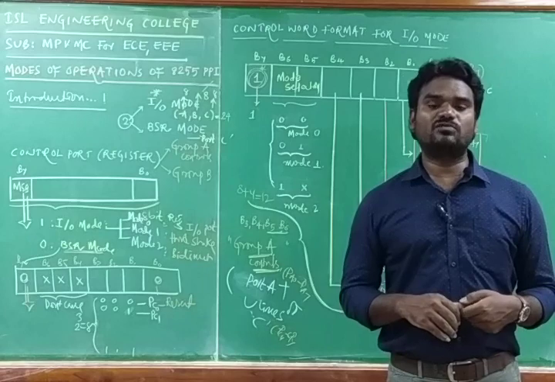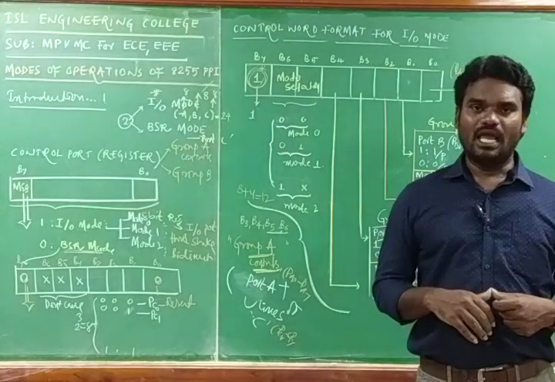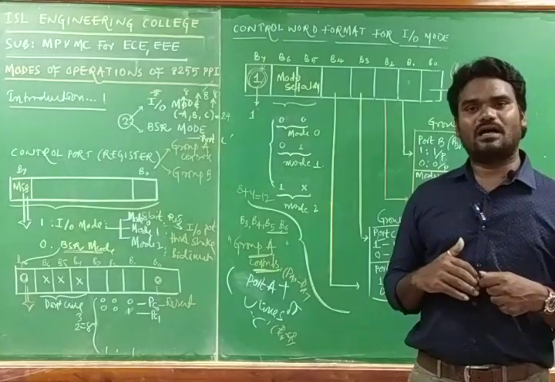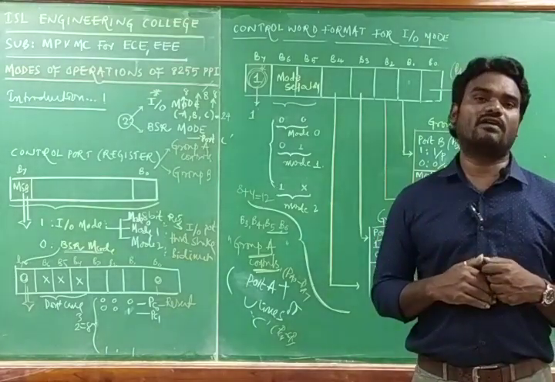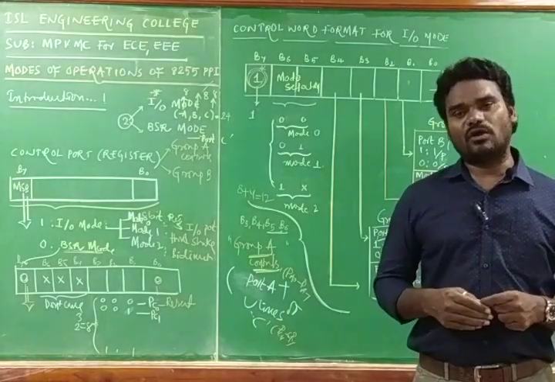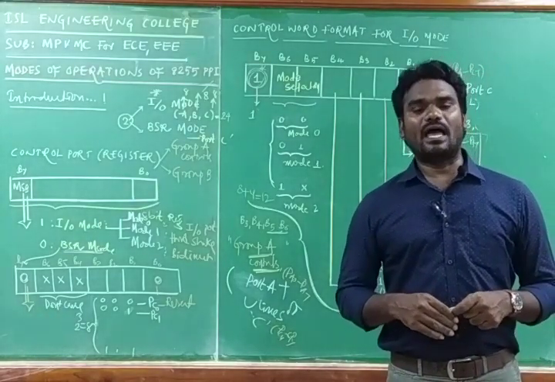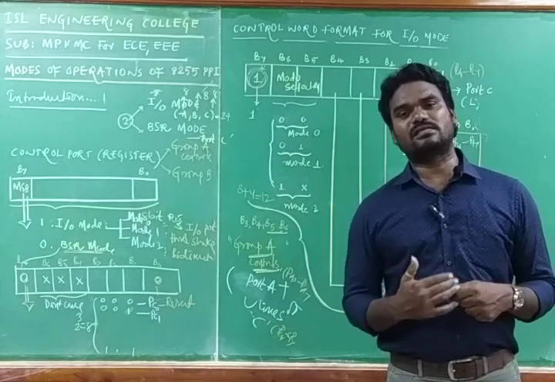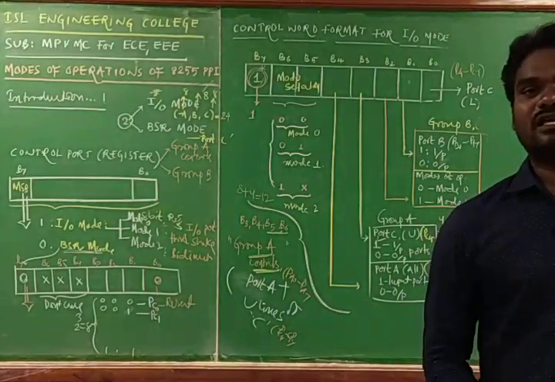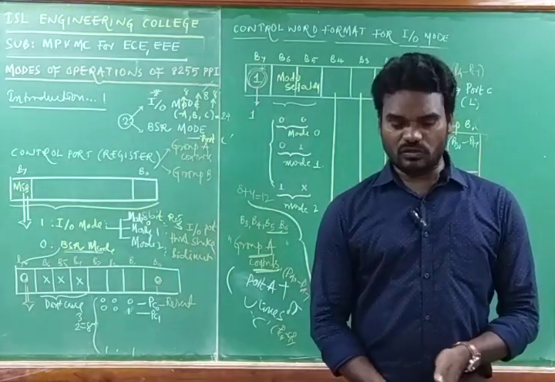We know that the 8086 microprocessor can access a maximum of 1 megabyte of memory, and that 1 megabyte is divided into 4 segments, each about 64 kilobytes. Any one segment can be directly accessed by the microprocessor by making use of a controller called the DMA controller. DMA stands for direct memory access controller. It can directly access the memory segment such that the speed of the microprocessor is enormously increased by making use of the DMA controller. In tomorrow's class we are going to discuss that DMA controller.